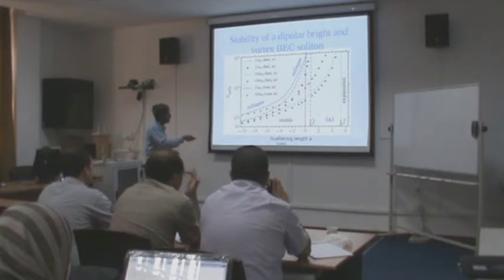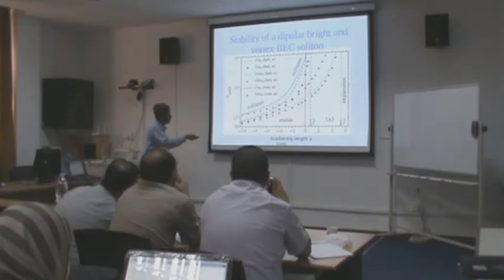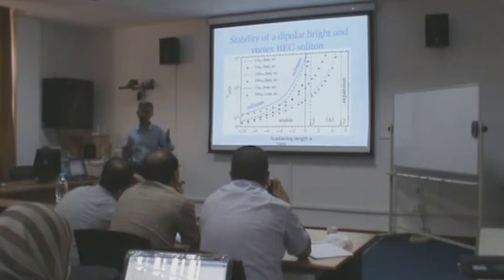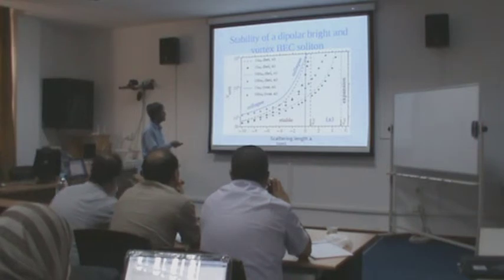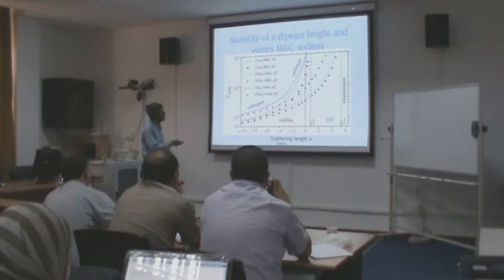If this scattering length is bigger than ADD, the contact repulsion is bigger than the dipolar attraction, and the system cannot be bound. There will be more repulsion than attraction. The system can only be bound when the dipolar length is bigger than the scattering length. So in this region, the system can be bound. And here the contact interaction is negative, which means the contact interaction is also attractive.